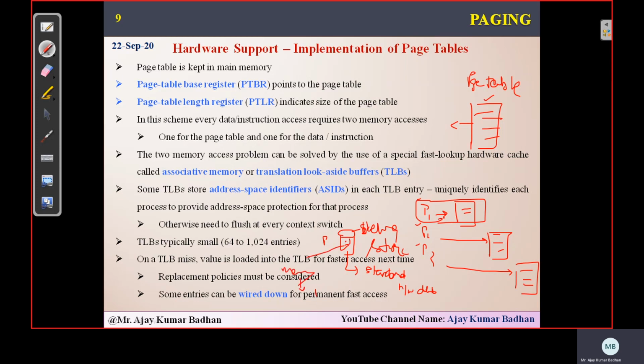Now what did we discuss? This memory image is nothing but your PCB. This PCB, which we discussed in unit 2, consists of a pointer. That pointer will refer to this particular table. So whenever a process is brought into memory for execution, from the PCB, the dispatcher will locate the particular page table, and this page table will be loaded from your backing store, that is, your external hard disk.